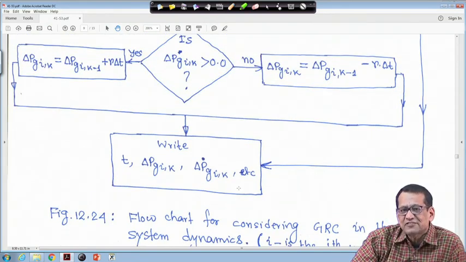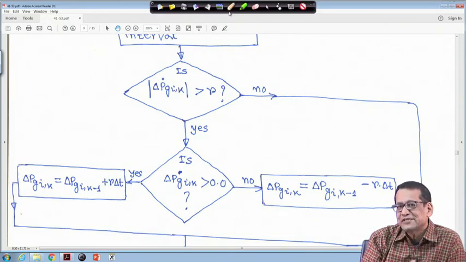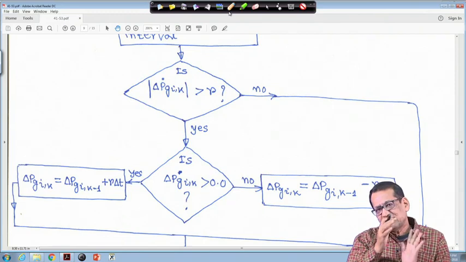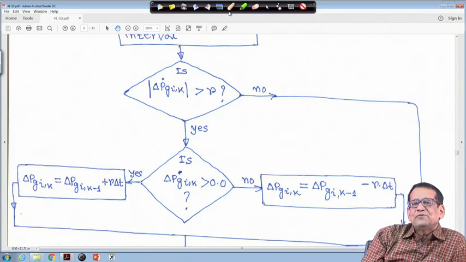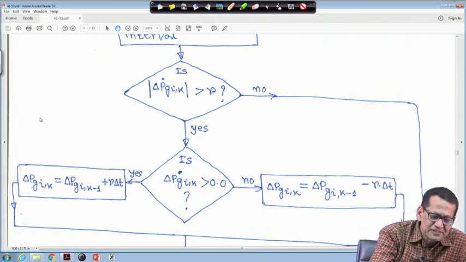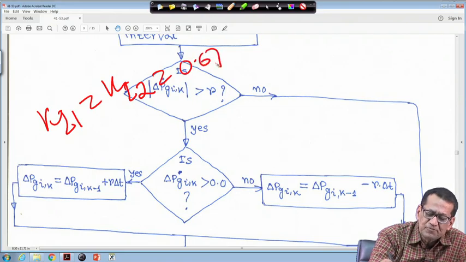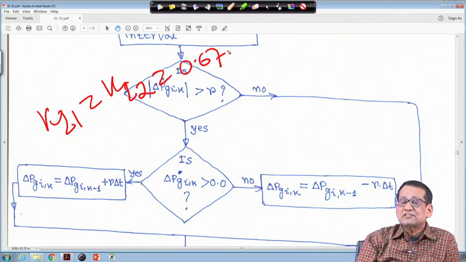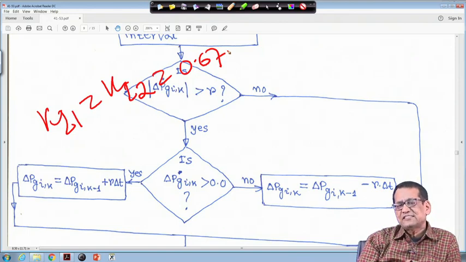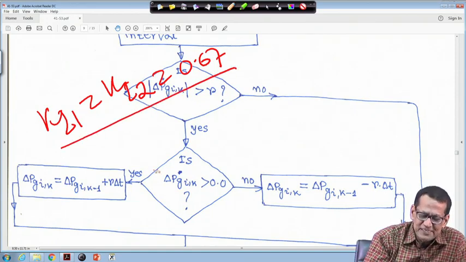The generation rate constant actually deteriorates the dynamic responses. Suppose a 1% step load disturbance is there, and when the generation rate constant is there, your integral gain will have to be very small, right. When you are not considering any generation rate constant in your simulation studies, the integral gain will be higher. For example, in the simulation I have shown you, Ki1 is equal to Ki2, we have taken 0.67. This is without the generation rate constant, right. But in reality, generation rate constants are there for any thermal unit. So in that case, the integral gain should be very small.